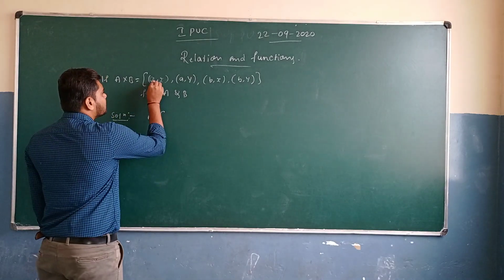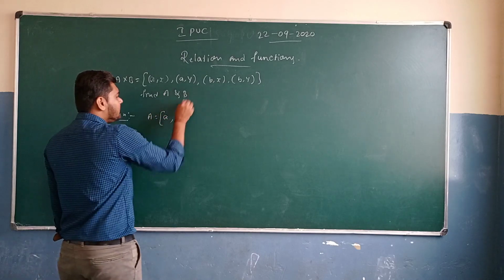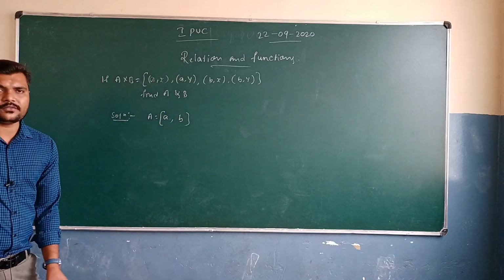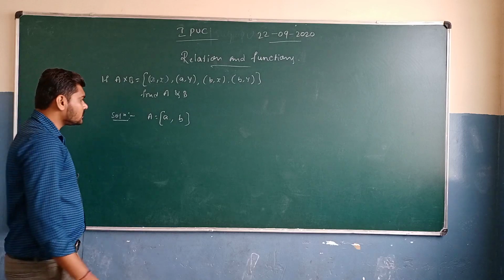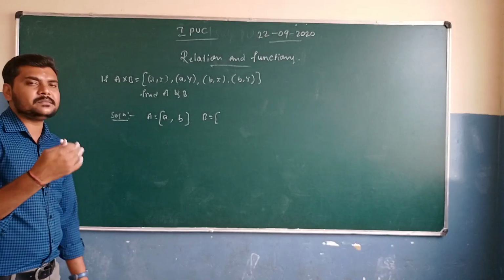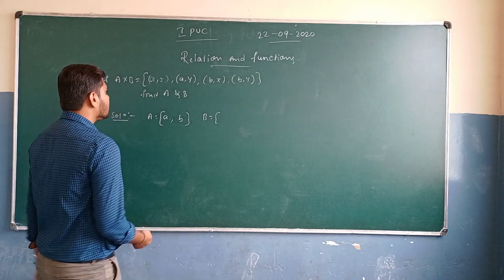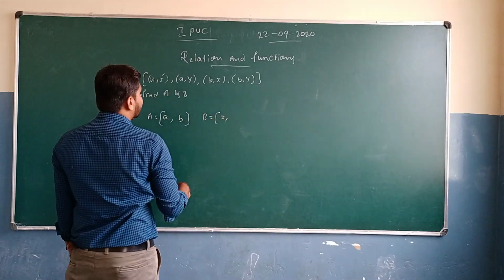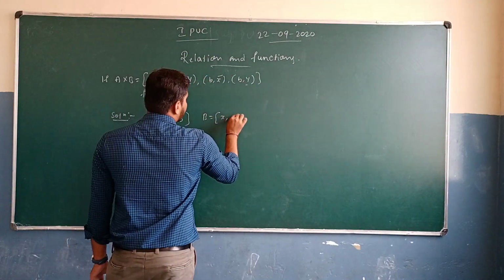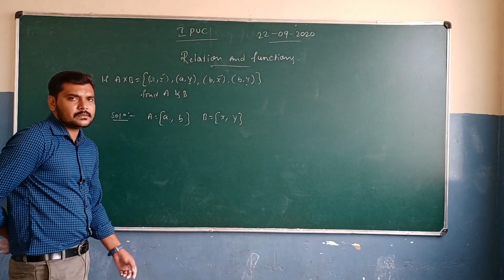Let's see which first elements come. Two elements are going to be formed from the set A. Now form set B. Set B is all those second elements of the ordered pairs. In an ordered pair, the second element belongs to the set B. So the first is X, and it is X, so X is already okay. Then Y, so add Y. So only two elements are present in set B as well as A. That's A comma B as well as X comma Y.